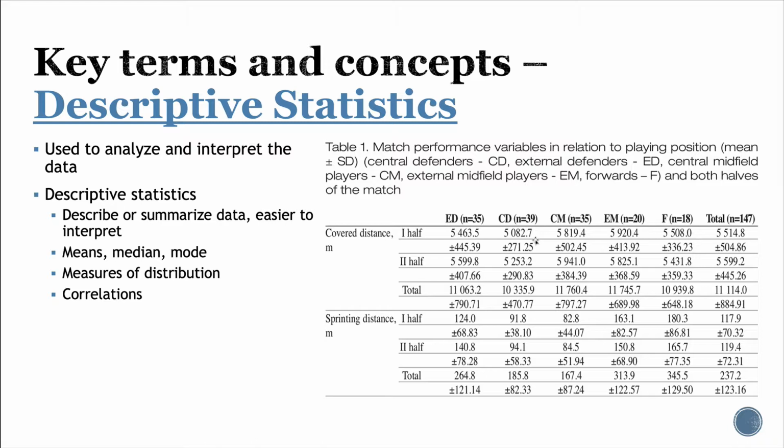We also can see in this table the standard deviation. That's what this bottom number is. So it tells us that most of the people ran on average 5,082 meters, plus or minus 271 meters. So some people ran close to 5,300. Some people ran 4,800 meters. So there is a range of distances in these groups. So again, this is just an example of descriptive statistics and how it can tell us about a population or